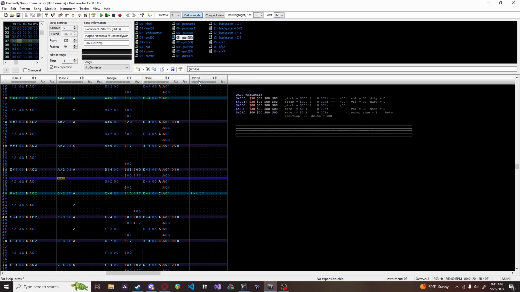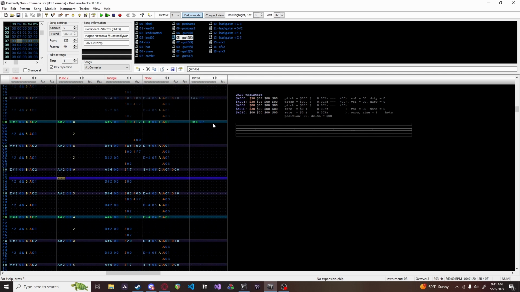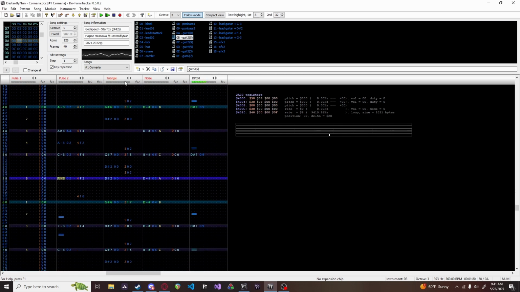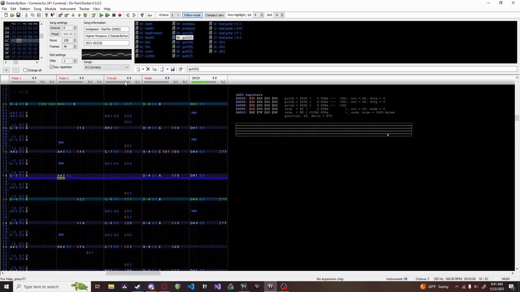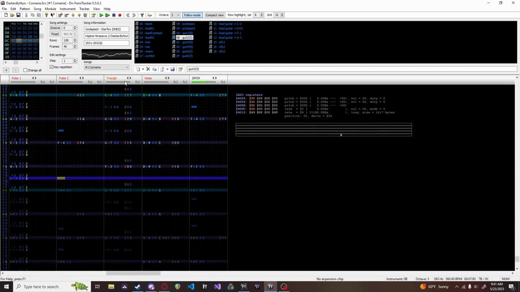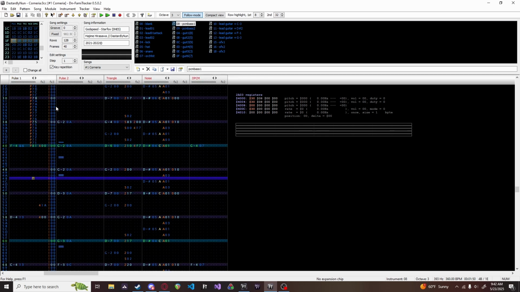The DPCM stuff is pretty cool too. It's just a Sunsoft bass. There is an easy way to set up a Sunsoft bass using, I think, 4 samples, and I'll show that in the DPCM section. The melody does a really cool thing with the carrier tones, where you can see here